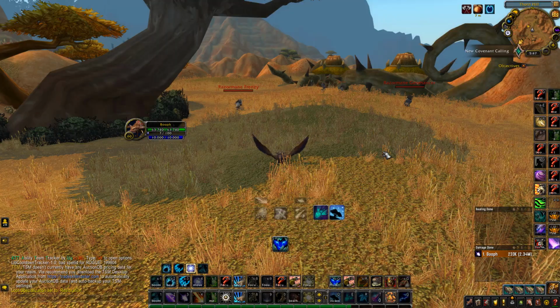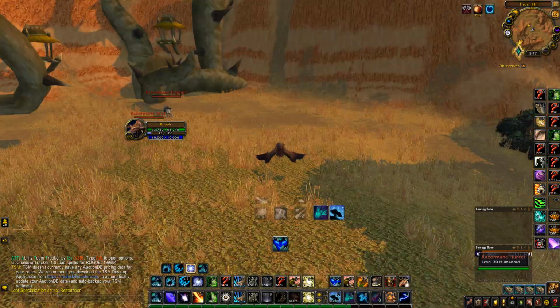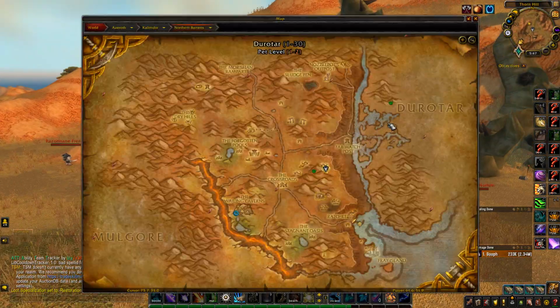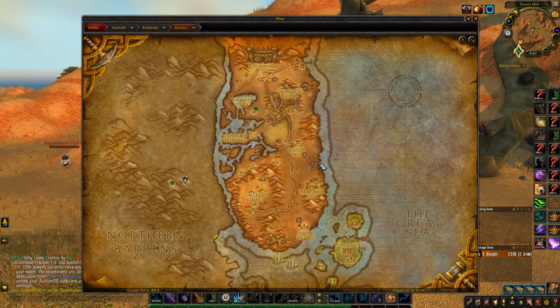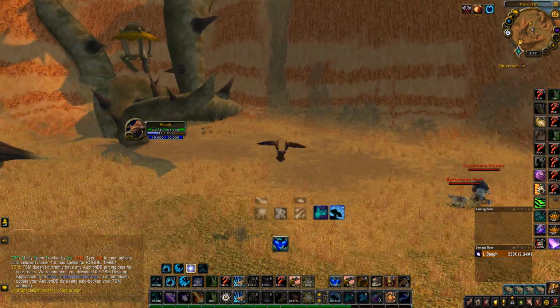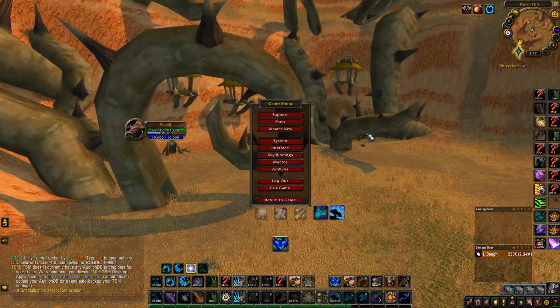Alright, so this here is the place, and we're going to be farming these razor mobs. It's in Northern Barrens, basically across from the crossroads. Whaling Caverns is over here, and if you don't know where that is, it's just on the left side of Orgrimmar. We're going to be coming to this spot right here,